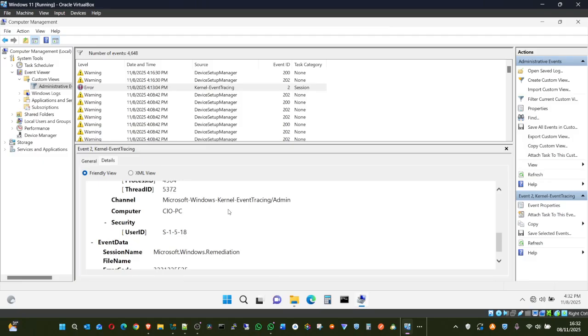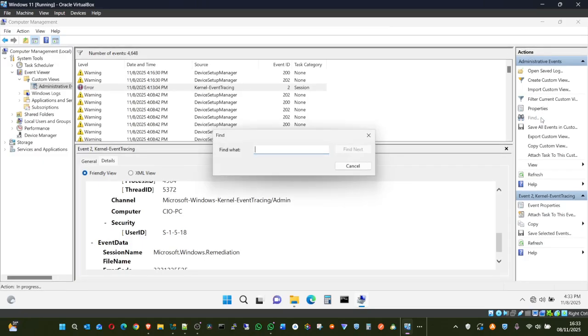So if you want to, just copy out that event log first, then you can start doing some other things. Start looking at the files available on the system and all that. So that is that for event, and that is for custom view. We can also do some things like a filter. You can find what you are looking for.